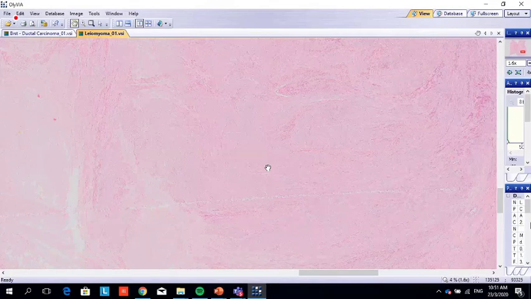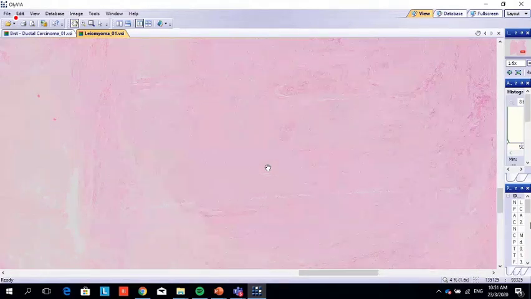Homogeneous cut surface, gray whitish. Look at the microscopic slide of the mass. We said interlacing bundle of smooth muscle fiber, well circumscribed, and mitosis less than 4 per high power field,